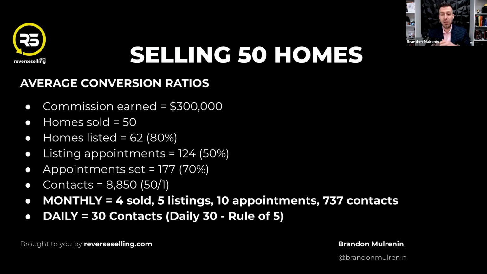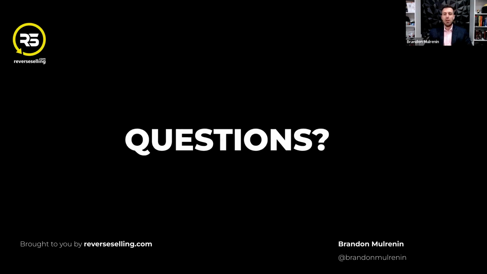I don't know about you, but that's 30 people, right? So if you follow that daily 30 framework, it's very simple for you to have these 30 conversations. And if you do that 240 times, which is a full-time realtor schedule, that includes days that you don't want to get out of bed, and that includes vacations and time off and all that stuff, you will sell 50 homes and you will make $300,000. We've done this with over 2,000 realtors, like clockwork. We've done it 2,000 times. So if you follow this framework, you can do this exact same thing. Questions?